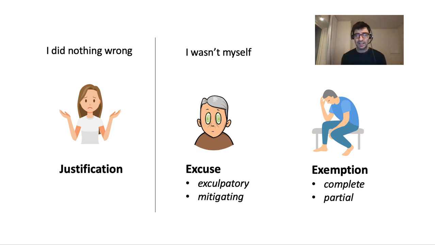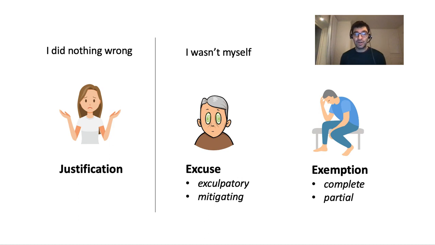And the third plea is what Franklin calls exemption, and that is, it could turn out that your friend is simply in general not the kind of person that ever can be morally accountable for anything. For example, it might turn out that your friend has some severe psychological condition that makes it impossible for him to ever act in a reasonable way. And depending on the condition, your friend might then either be completely or partially absolved from ever being morally accountable for his behavior.